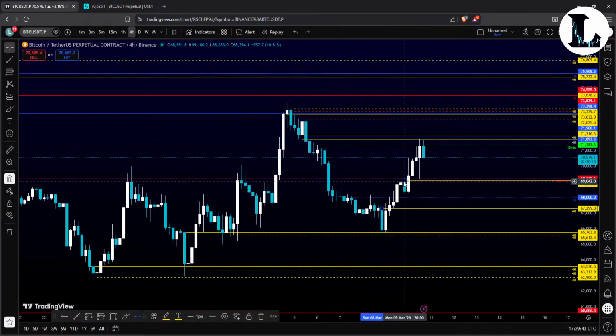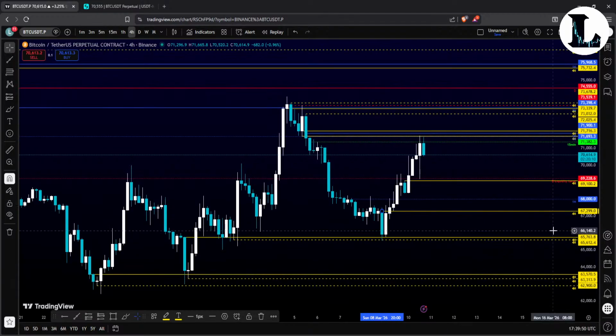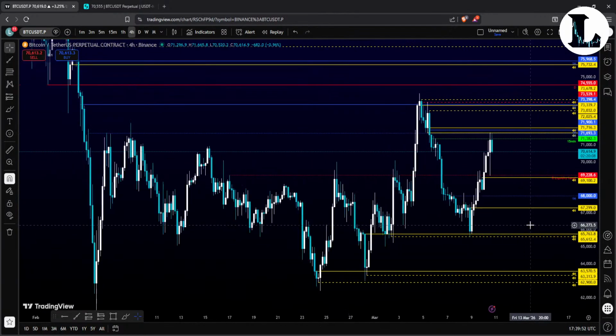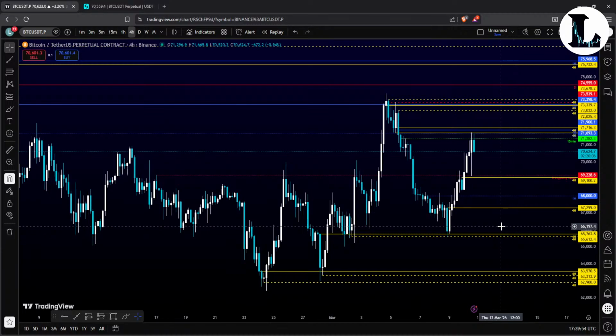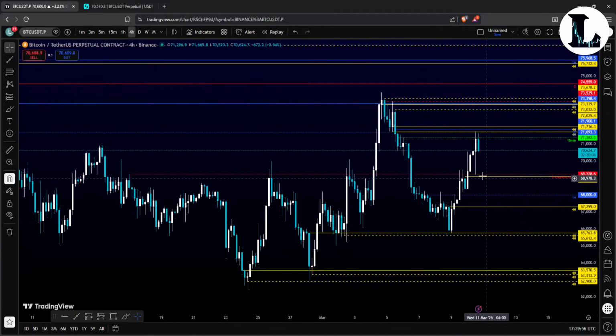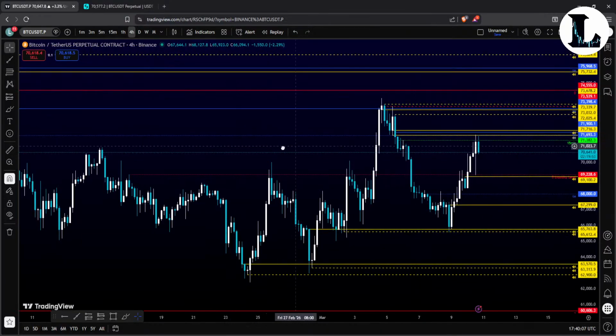Probably the strongest one for now is this one here, and we also have that daily liquidity level that can still give a little bounce here. Well, we already used this level many times, but if we are able to stay above this level, we can easily go and attack some higher levels. Okay,